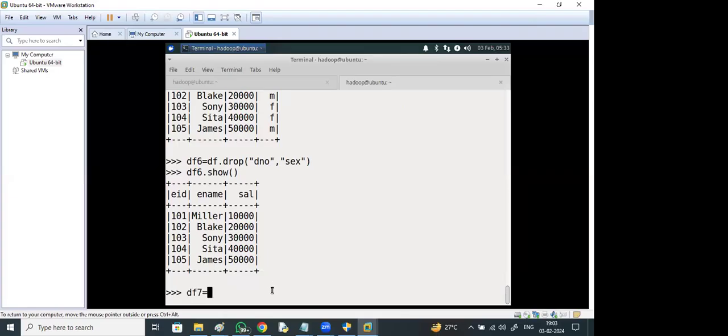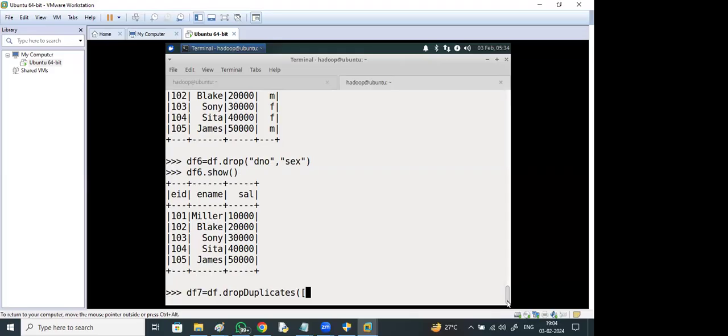df7 equal to df dot dropDuplicates, D in uppercase. Drop duplicates means, for example, assume there is a city field, Hyderabad, and gender.